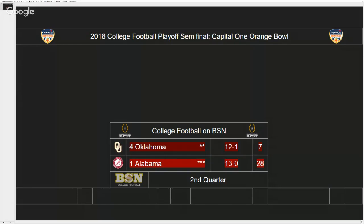So here's a 3rd and 2 coming up here for Oklahoma. Man in motion is going to be Marquise Brown to the left side. Ikes the ball back to throw. Looks quick. Batted up in the air. Incomplete. 4th and 2. This is a situation where you see Lincoln Riley have a tendency to go for it